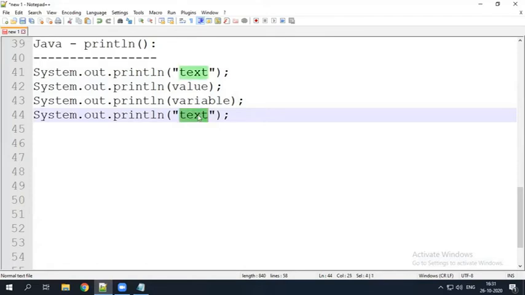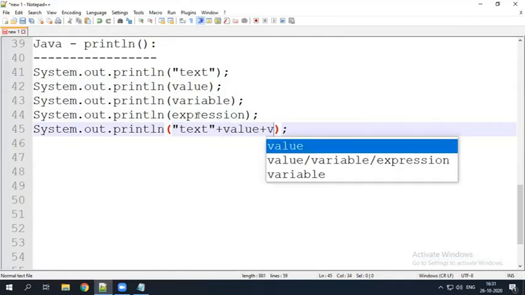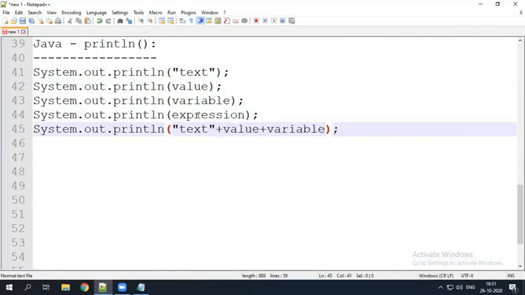Next, we are using an expression. We can also use a combination, like text plus value, or variable, or expression. This is also possible when we use println.